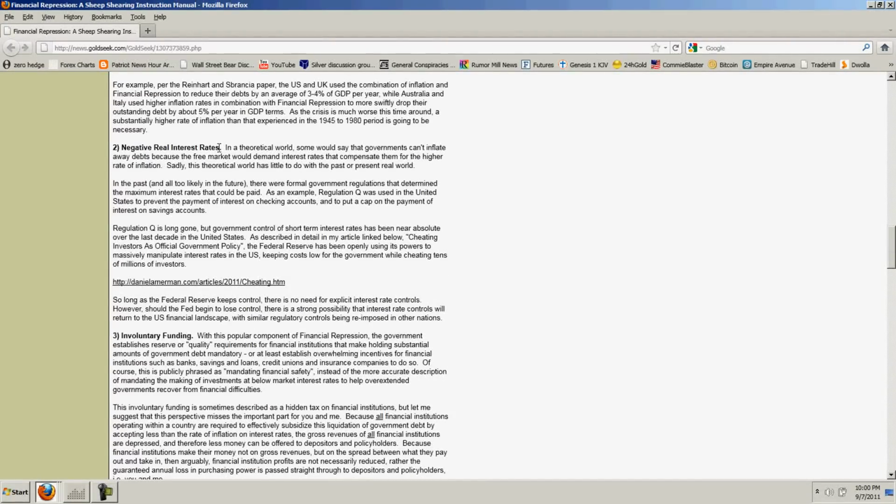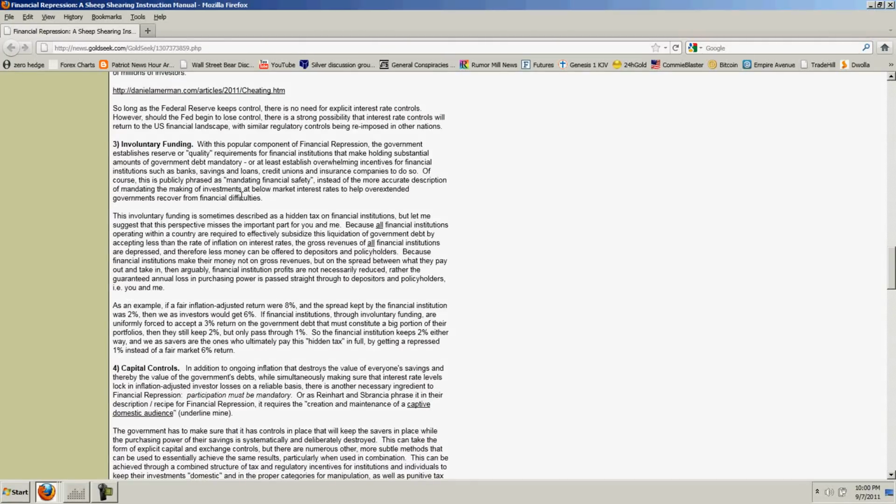Number 2 is negative real interest rates. Now, that's talking about robbing savers by forcing them to accept a return that's lower than inflation, lower than their living cost. Obviously, if you're still working, I'm not talking about people that are retired, but if you're still working, still bringing in an income, you can save your money in physical silver, and again, you can defeat number 2 with silver. Number 3 is involuntary funding,